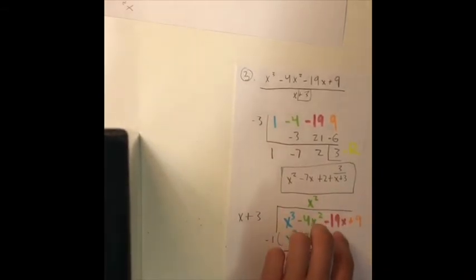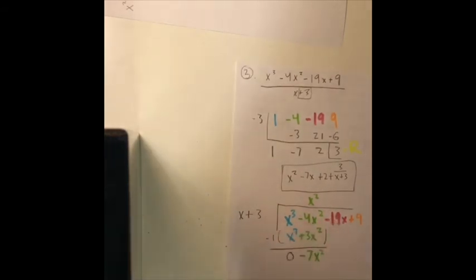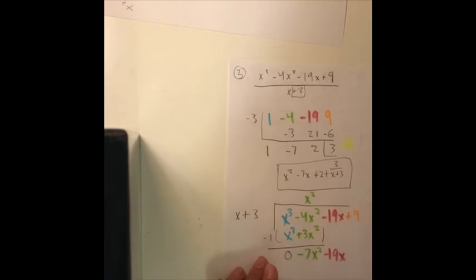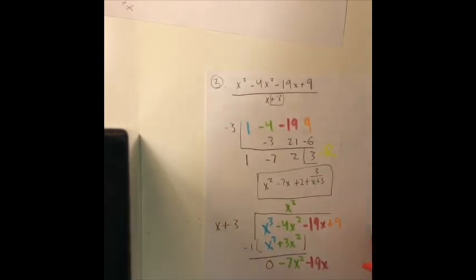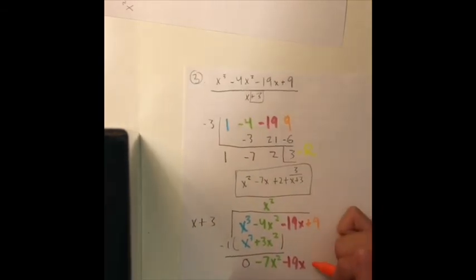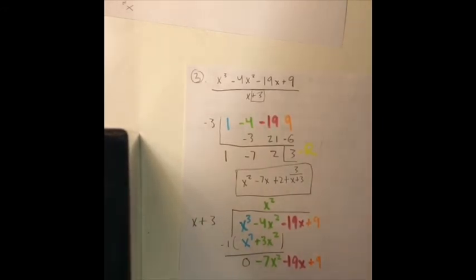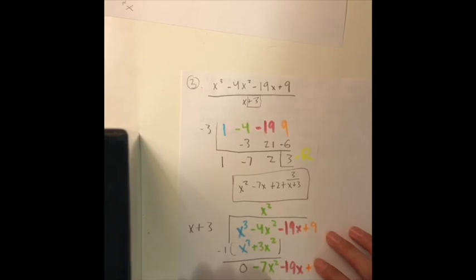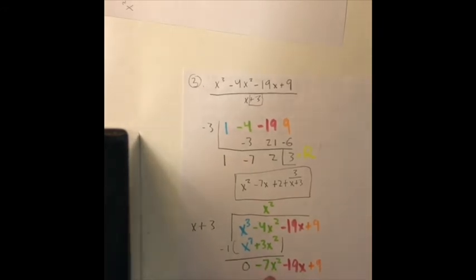And now we're just going to drop these two numbers. So we're just going to drop them. And it's positive 9. Okay. Now what we're going to want to do is just repeat the process. So how many times does x go into negative 7x squared? Negative 7x times, right? So we're going to want to write